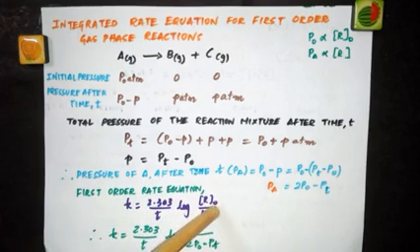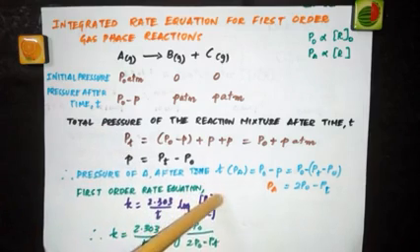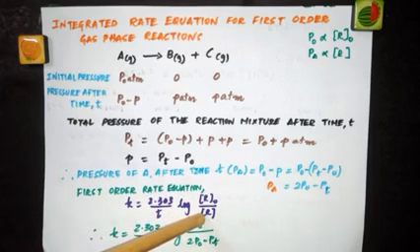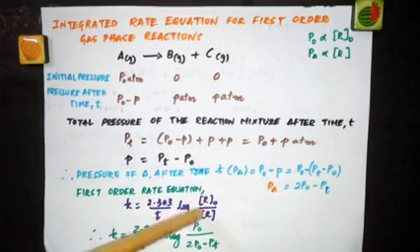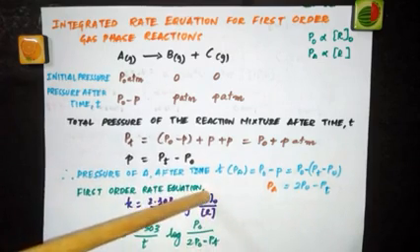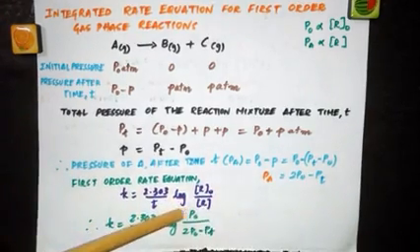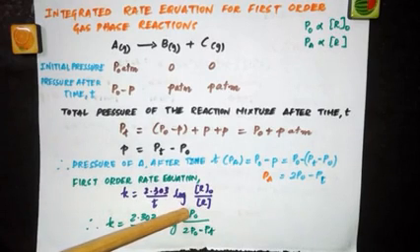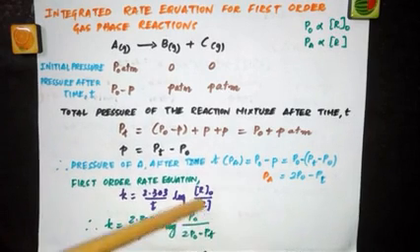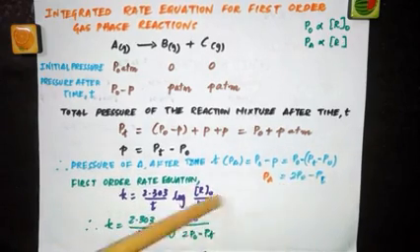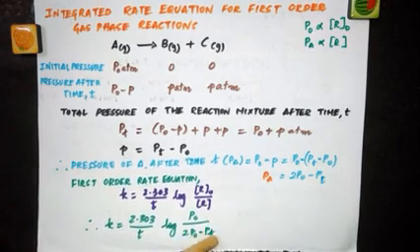Now we are going to modify this for gaseous phase reaction. So what is this R naught? Initial concentration. So here we are going to put initial pressure. What is this R? Concentration of the reactant after time t. Instead of this, we are going to put pressure of the reactant after time t. So P naught by PA. So P naught is the initial pressure of the reactant. So keep it as such, P naught. What is PA? We just found 2 P naught minus PT. So instead of PA, we are going to put 2 P naught minus PT.